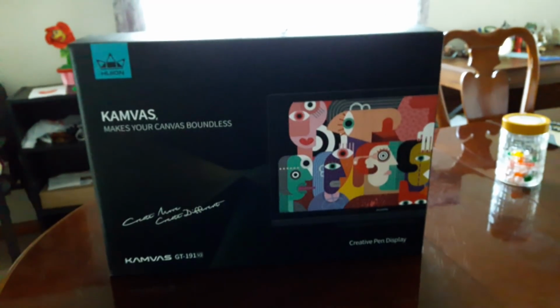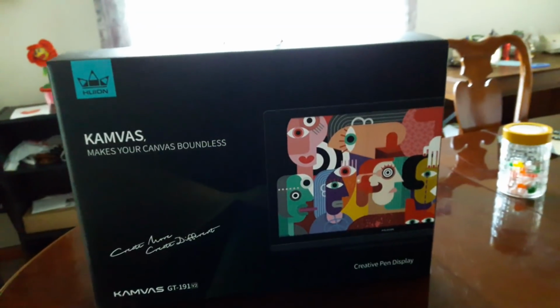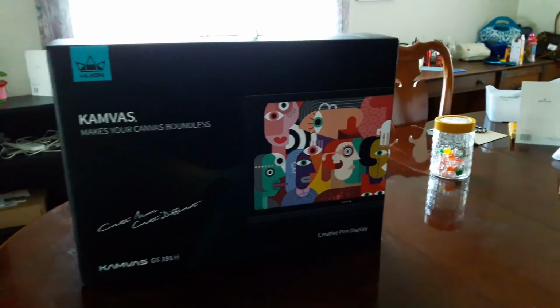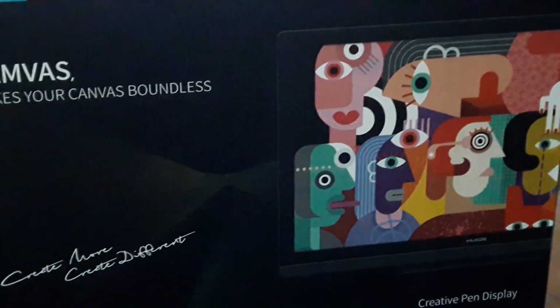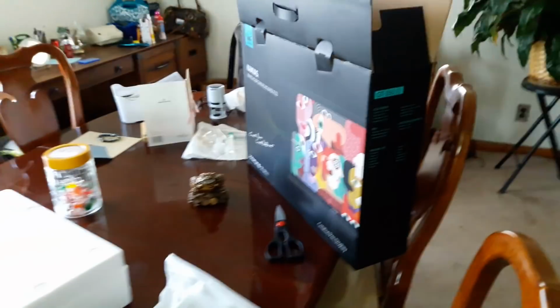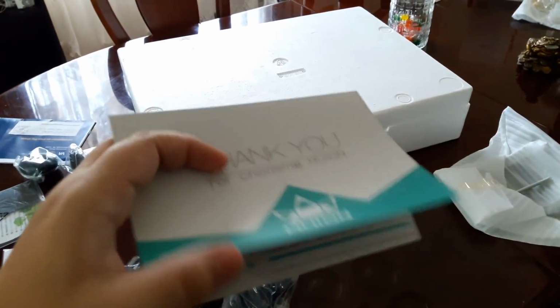In all its glory, the GT-191 V2. Look at it. Absolutely stunning. Now let's see what's inside of it. Opening up this lovely box, it comes with, it won't focus, a lot of stuff. So first things first, we got ourselves a little thank you card. We got ourselves a little disc. It comes with a little manual, and